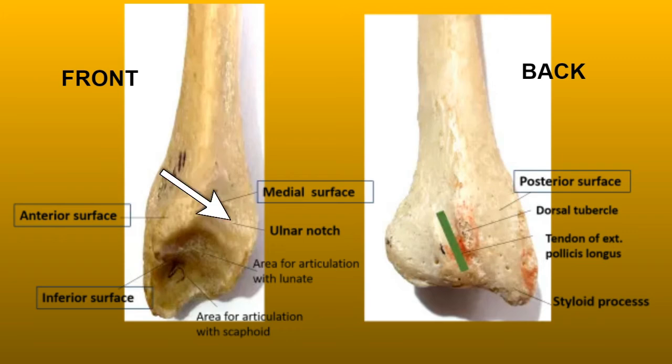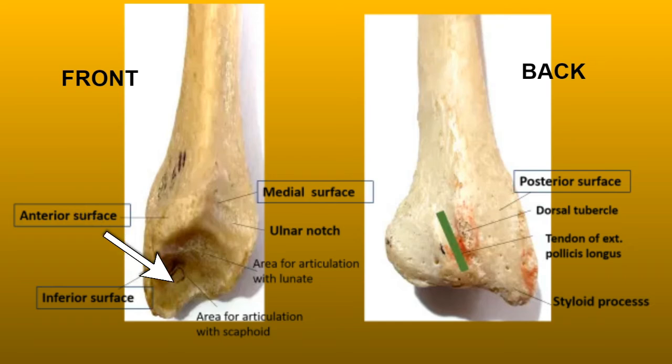Okay. And next is the medial surface. The medial surface is occupied by the ulnar notch for the head of the ulna. I told you before that the ulna has the head at its lower end. So over here the medial surface is occupied by the ulnar notch for the head of the ulna to be attached at the radius surface. Next is the lateral surface. This lateral surface is actually prolonged downward to form the styloid process, of course.